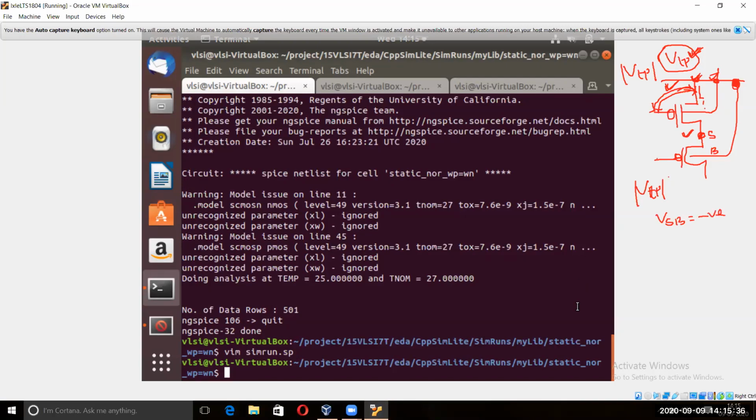But in this PMOS case, we take it as a magnitude, that means it is a positive voltage. The magnitude of VSB is a positive voltage. So your magnitude of VTP is equal to VT0 plus gamma times the square root of phi t plus VSB, minus the square root of phi t. Yes? Since that magnitude is a positive value, the threshold voltage for this transistor will increase.